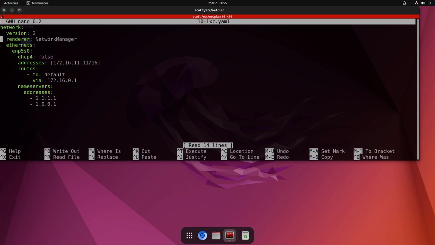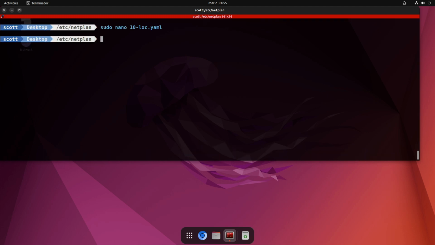And when we come in here, I'm going to go ahead and change DHCP4 equal to true. And then I'm going to delete the rest of the lines, since DHCP will provide an address to this system, and it will also provide the default route as well as the name servers. So after deleting all those, I can do a Control-O and enter to write the file out, and a Control-X to exit the nano editor, and I simply do a sudo netplan apply,